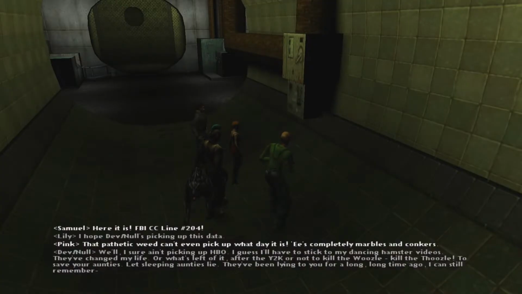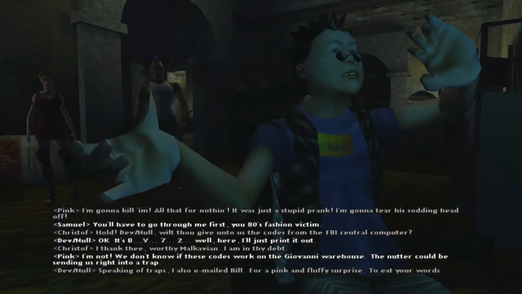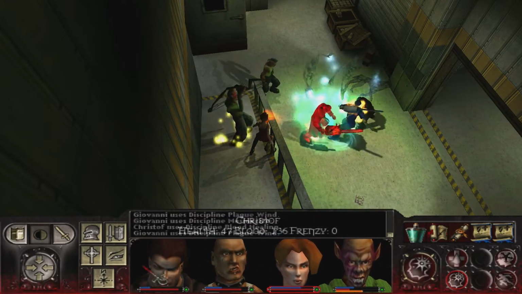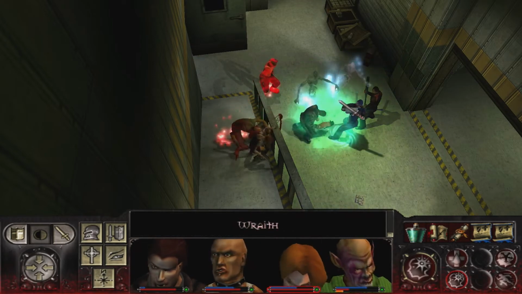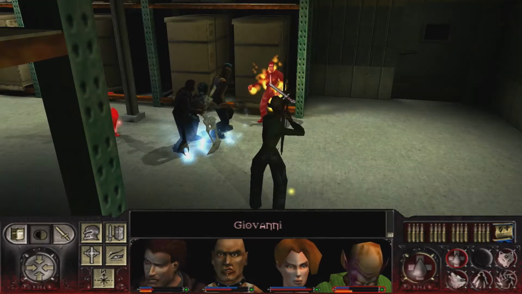Then we attach the data tap and return to Devnor, who tells us the password to the Giovanni warehouse, which is our next stop. Now don't forget, the Giovanni clan are what have become of the Cappadocian clan, so be prepared for them to summon spirits to help them. Again, we fight